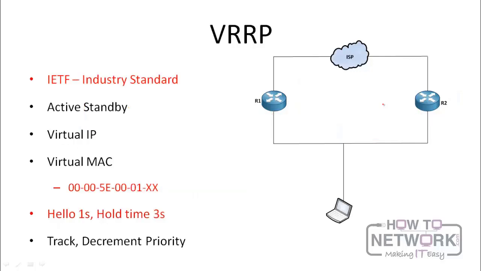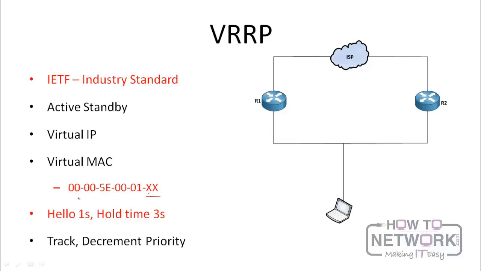And VRRP is just like HSRP, except for 3 differences. The first difference is that it's not Cisco proprietary, so you can use VRRP between Cisco and non-Cisco devices. The second major difference is that the MAC address of VRRP is generated using this scheme, where XX is the